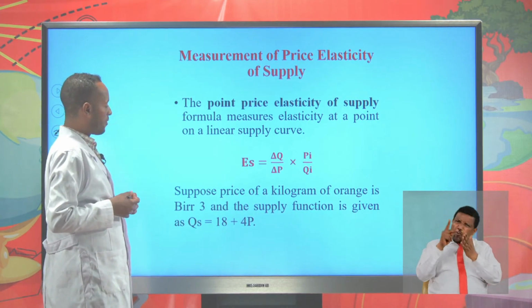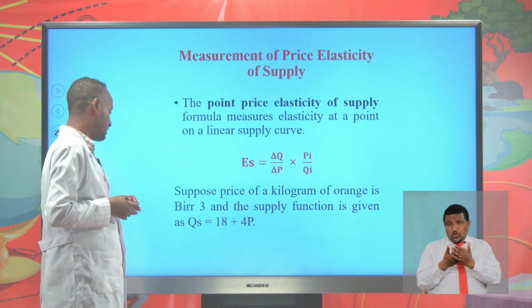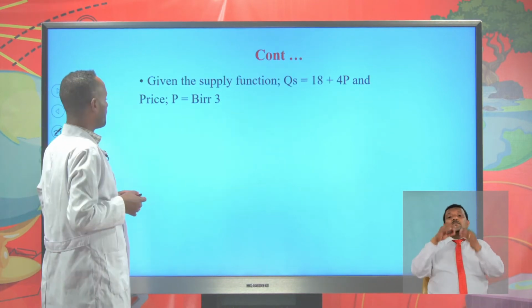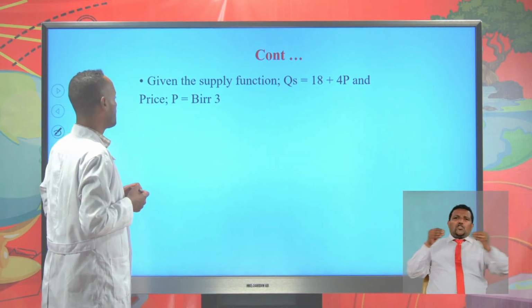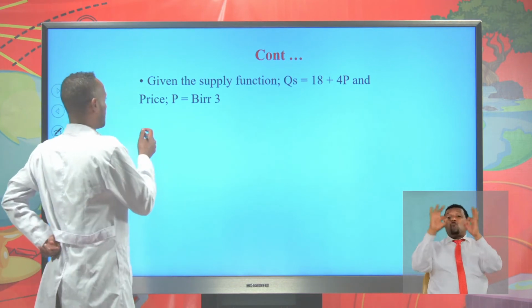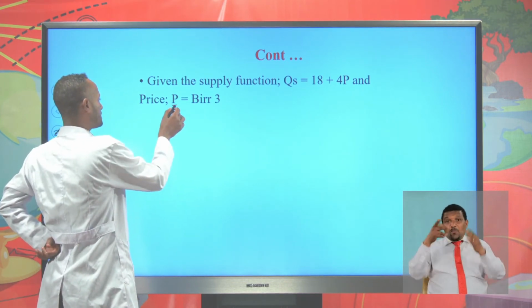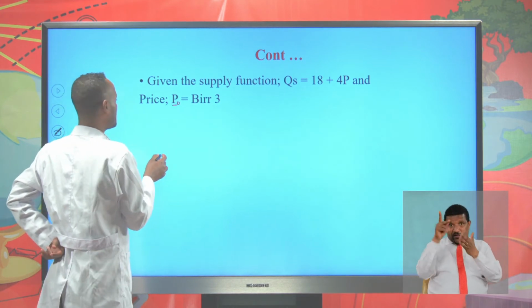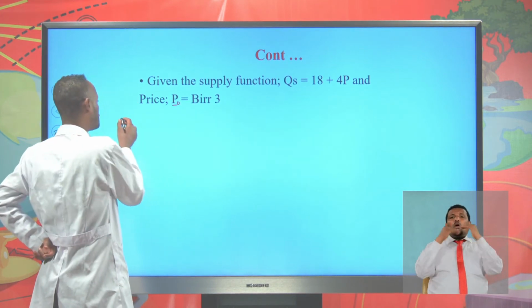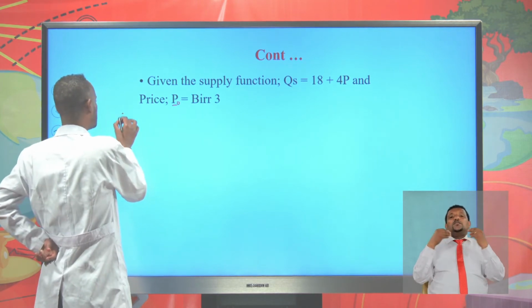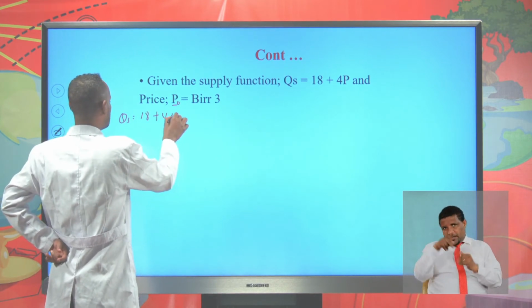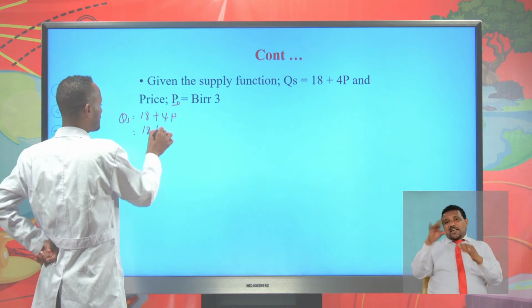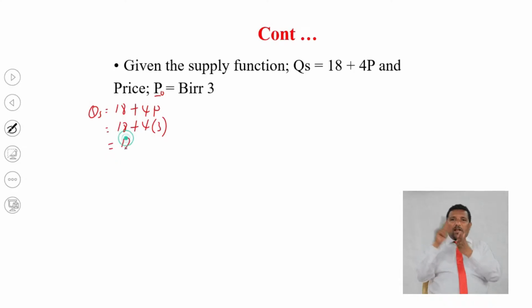Suppose the price of a kilogram of orange is given as 3 birr, and the quantity supplied is Qs = 18 + 4P. From this information, we can calculate the price elasticity of supply using the point formula. First of all, take the given price as the initial price, and we can calculate the initial quantity by substituting into the given supply function, Qs = 18 + 4P. Then the quantity will be 18 plus 4 times the given price, 3, and 18 plus 4 times 3, which is 12,